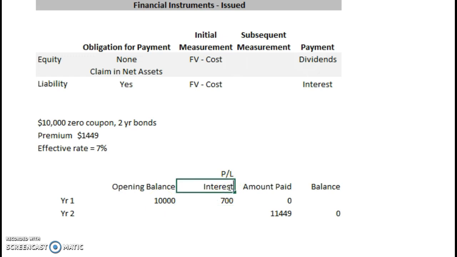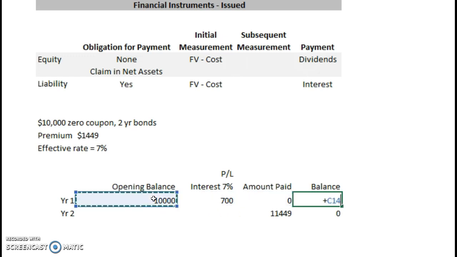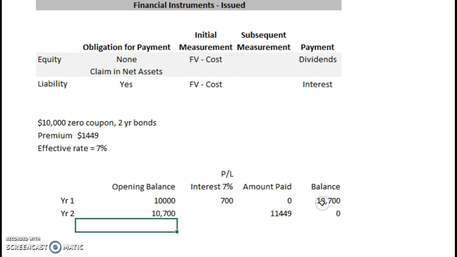And perhaps I can write that in here, 7% interest. So nothing is paid. Starting with the opening balance, you've accrued 700 in interest. So the balance must be the opening balance plus the interest in the first year. So that's 10,700. So we can carry that forward to the second year,